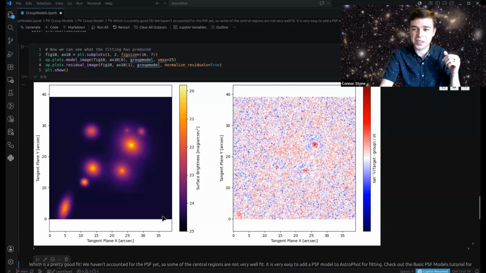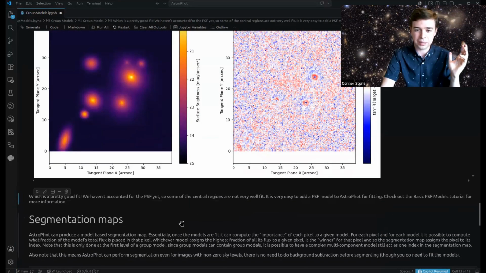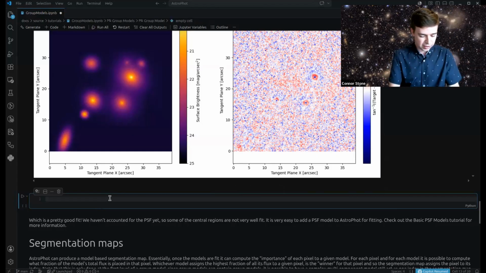Fitting went very smoothly, and so here we have our fitted group model. Now, group model is an object just like any other model object in Python, so you can explore it how you like. For example, let's just print